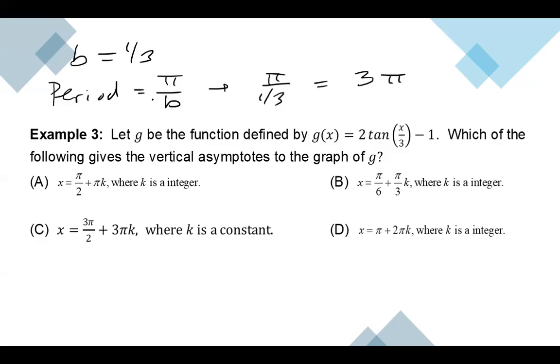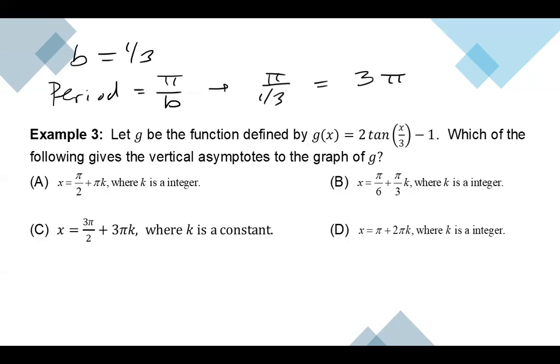So now instead of every pi over 2, we're now looking at every what over 2? 3 pi over 2. Because our period is now 3 pi long. Does that make sense? Yes? Do we see how that changed? Okay. And again, you just have to remember the rule for the period. And the rule for the period is per tangent,